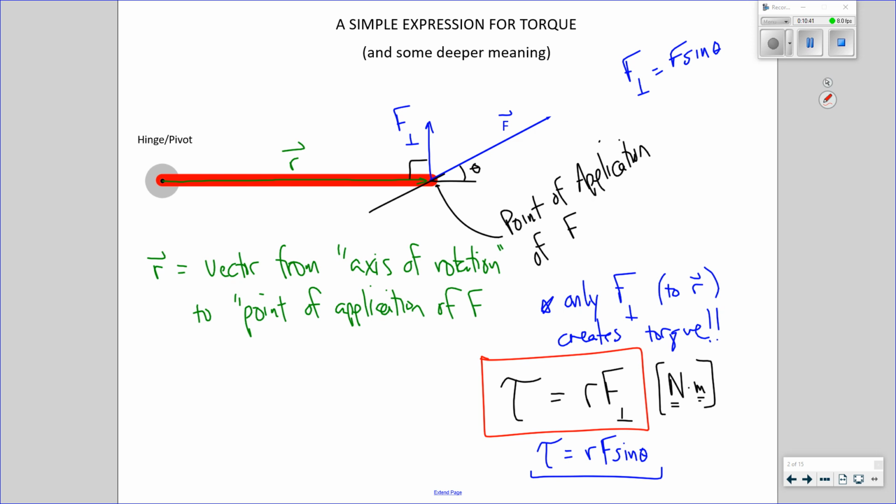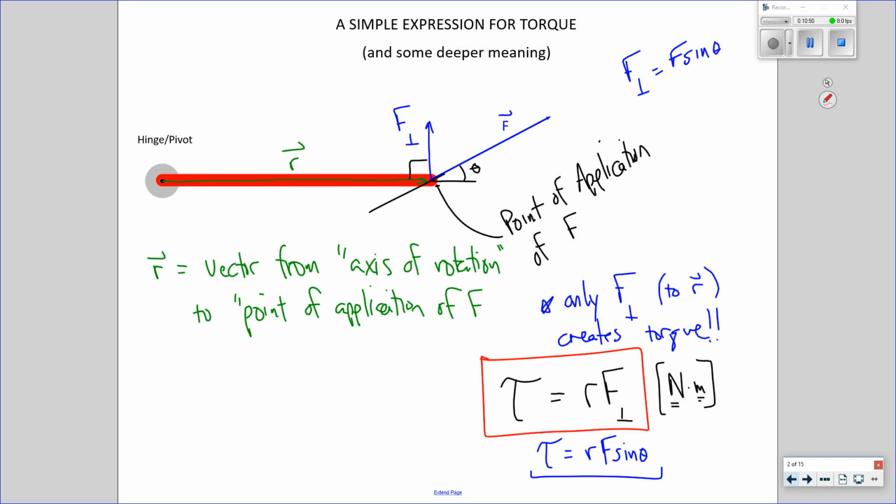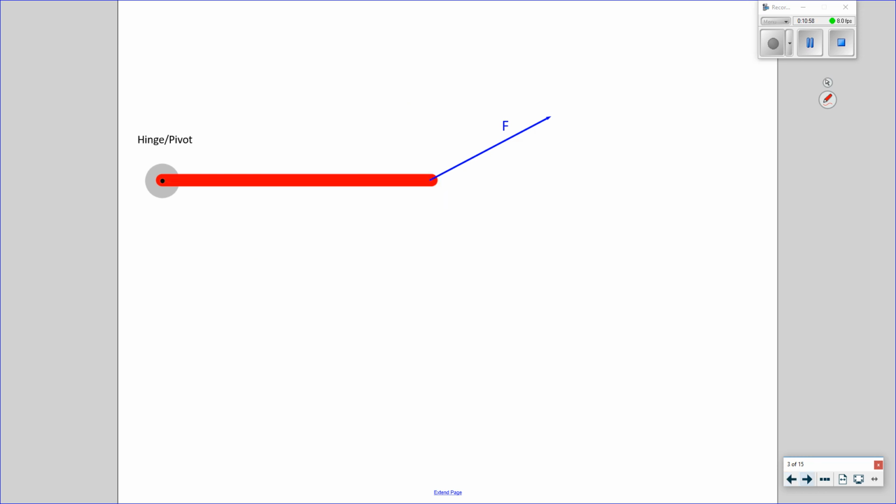Okay, now let's take the same diagram and I want to show you something different. Same diagram. This force produces torque. Now before, what we did was we said it's not all of F that produces torque at distance r from the hinge, it's only F perp. What we can also do, it's the same thing as if we do this and we say this is what I'm going to call